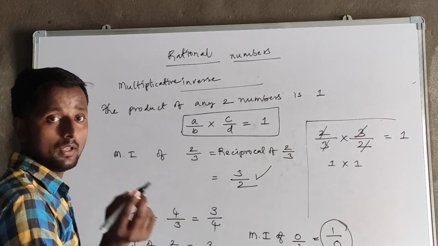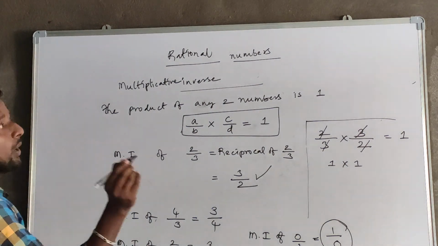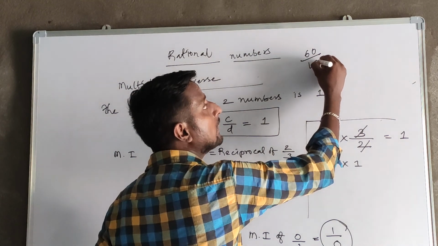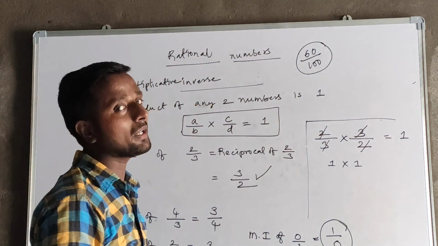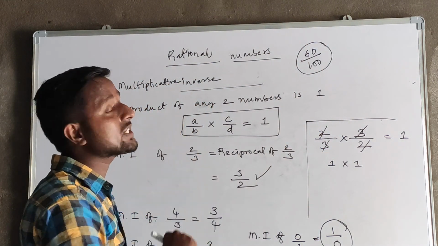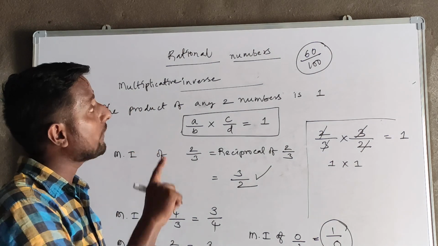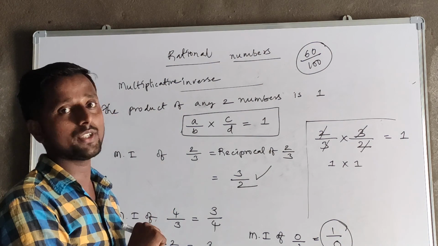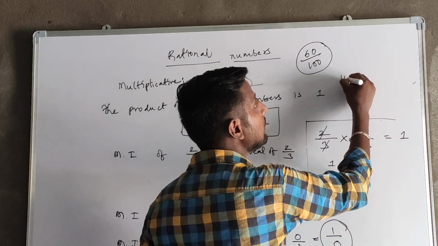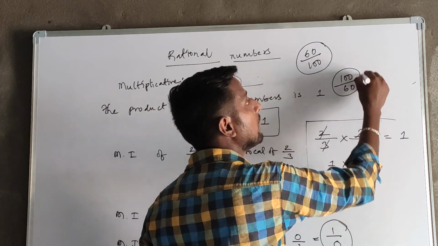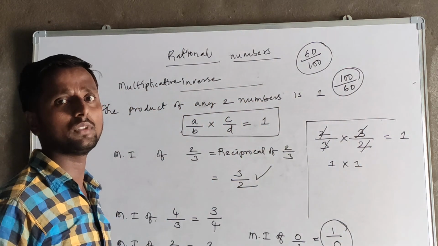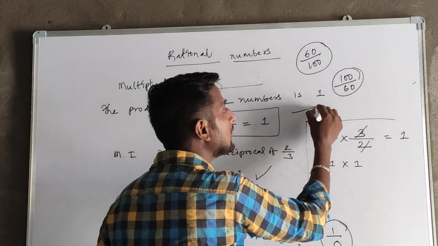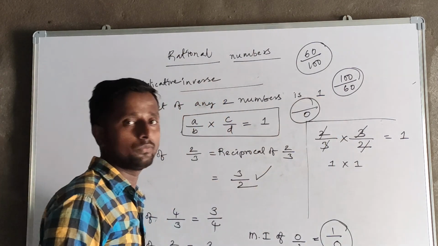Why? I'll give a general example. You have written an exam. If you score 60 marks out of 100, the teacher posts 60 by 100. What does 60 by 100 mean? The fraction represents that you wrote an exam for 100 marks and scored 60. Correct? But if I post 100 by 60, it is an improper fraction, but okay, a little bit it's okay. But if I write the denominator as 0, no.